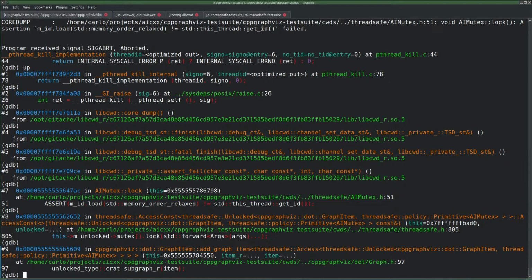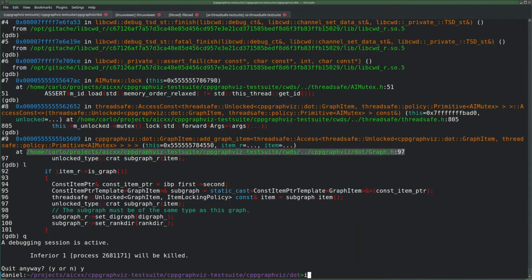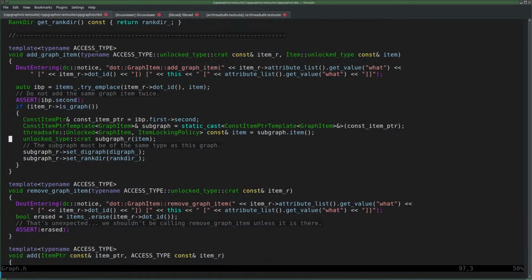This tries to lock item. Why the hell would they do that? Why the hell would I do that?